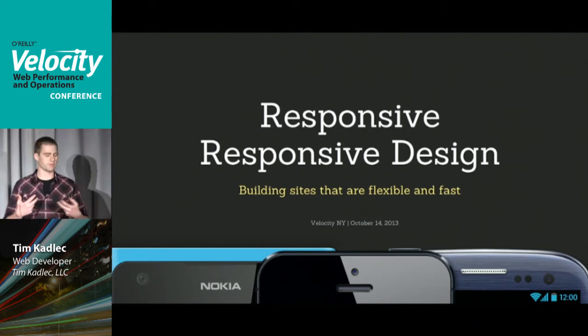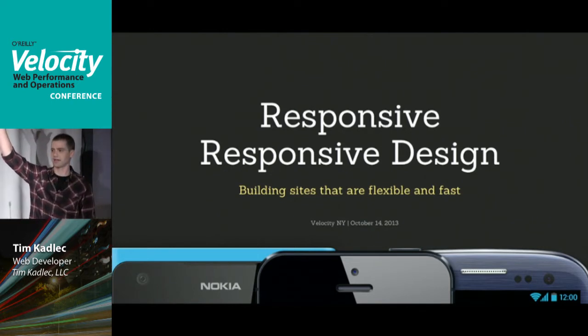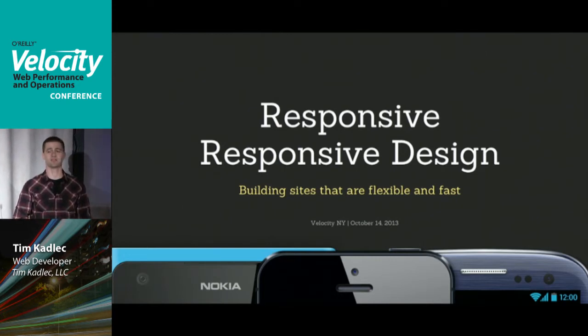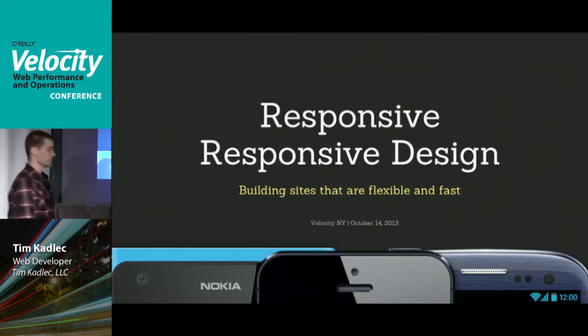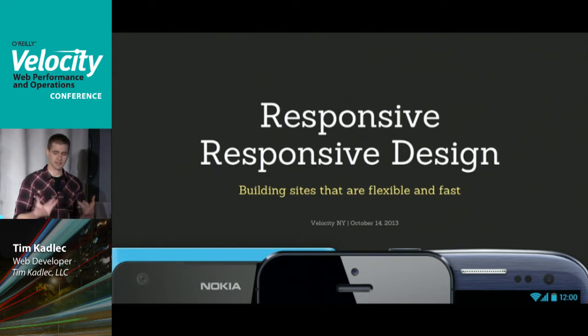So we want to talk a little bit about responsive from a performance perspective today. Now, how many people are familiar with responsive design? How many people know it? Does anybody not know what responsive design is? And don't be shy. Nobody. Everybody knows. Okay, just in case there was anybody shy, just really high level, responsive design at its core is